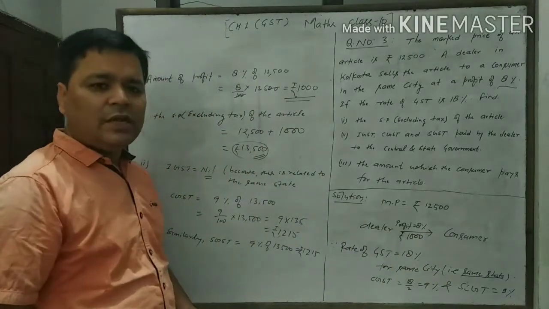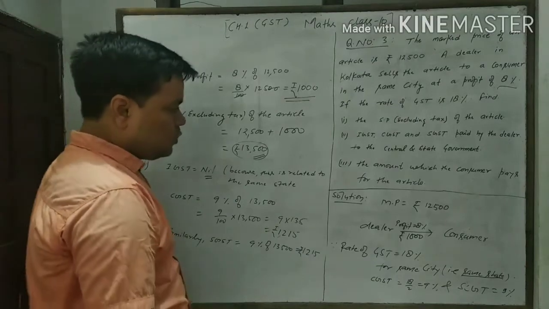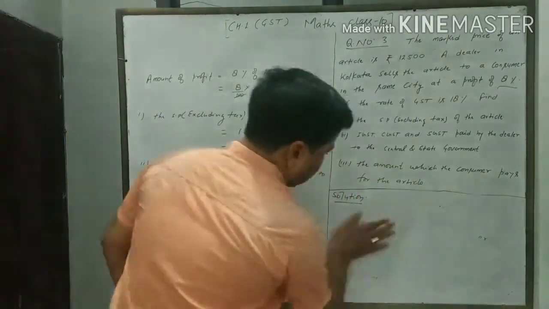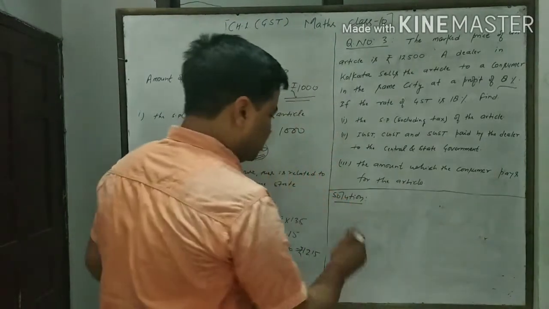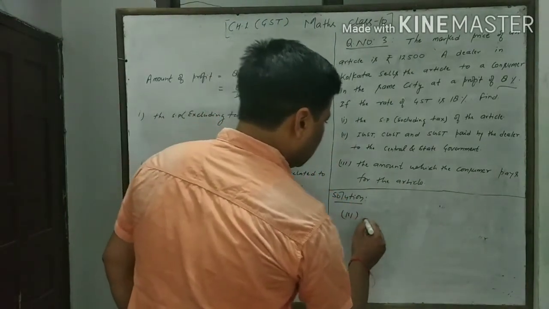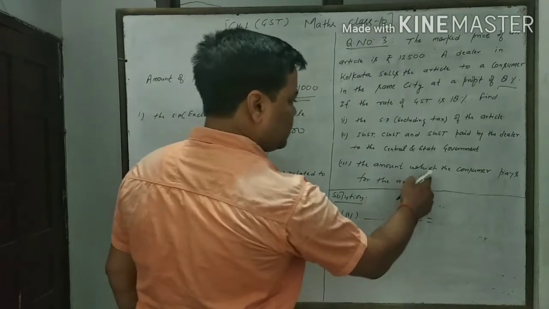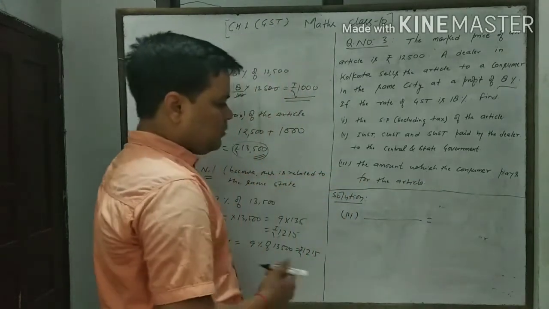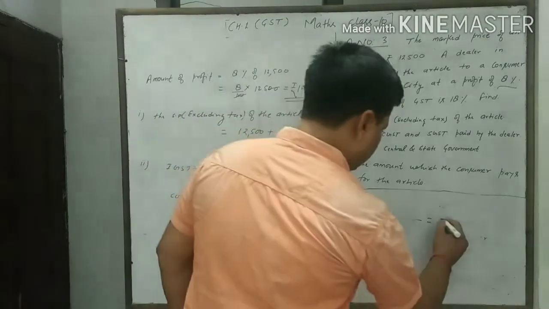Therefore, the third part, the amount which the consumer pays for the article. Here you write, it will be total cost value